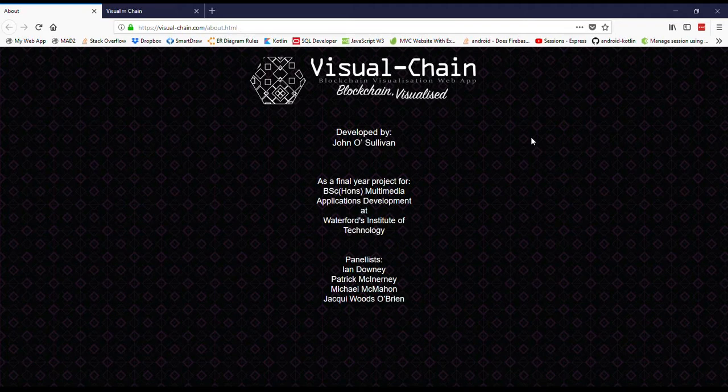It is a blockchain visualization web app. Blockchain is a new technology. It has a lot of applications for business, for IoT, finance, geolocation. But as a new technology, it can be difficult to get an initial grasp of how it works and what it is. So VisualChain aims to simplify that by taking the complex